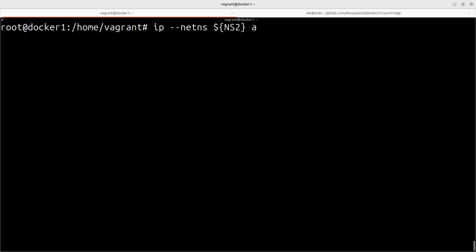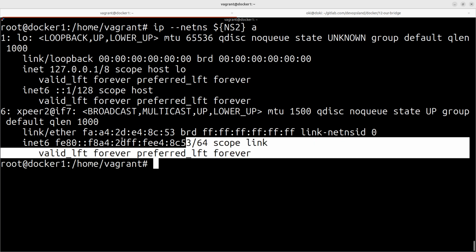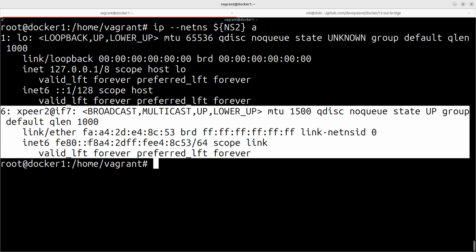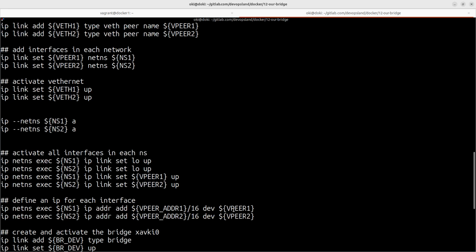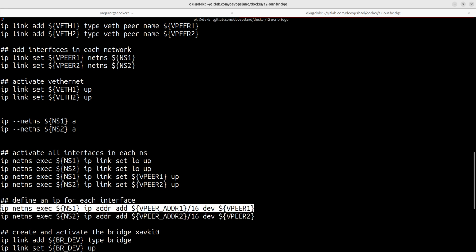Okay, if I check again here with ip netns exec ns2, I have an xpeer2 interface with the state up. But you can note that we don't have any IP for this interface, so we need to allocate and set our IP on this interface. So what we can do, for example in namespace 1, is